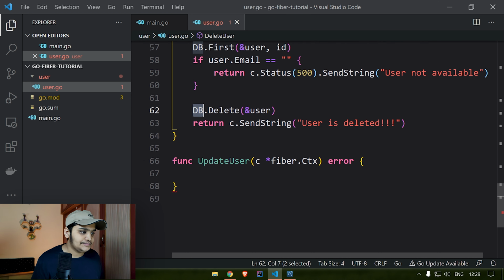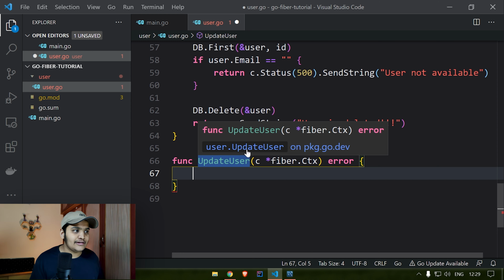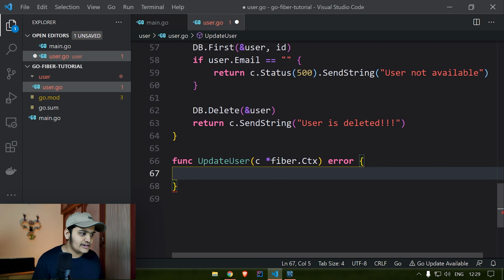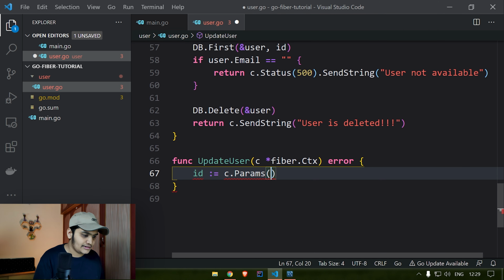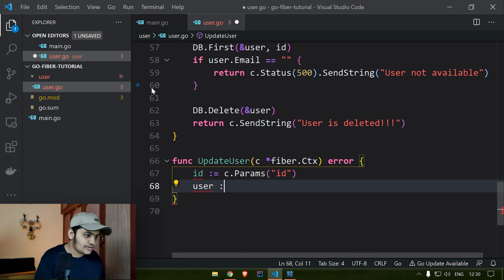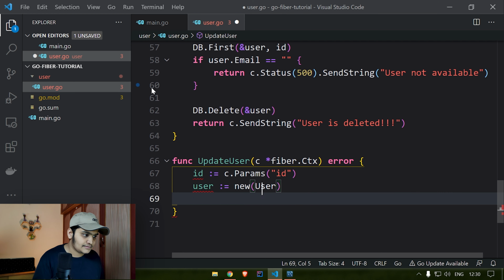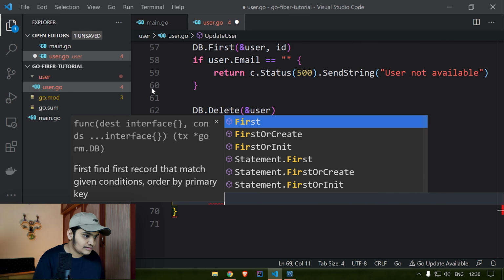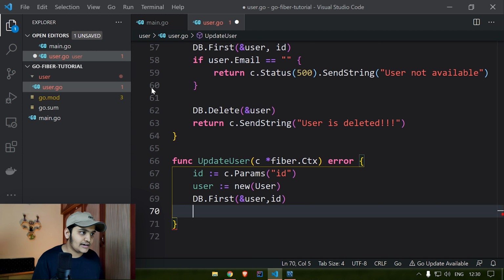So simple implementation. Now let's update the user. For the update user also, it's very simple, similar to the delete user, half of the things. So I'll use the same id c.params over here. I'll say id. So I got the params. We'll create the user object over here, and I'll use db.first to find that particular user, and I'll check the same condition.